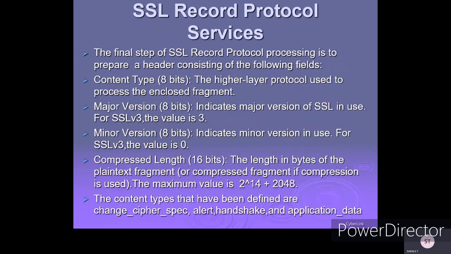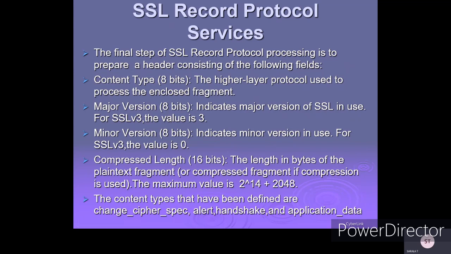In SSL record protocol services, the final step of SSL record protocol processing is to prepare a header consisting of the following fields. You will be having the header with the fields. You will be having the content type of 8 bits, the higher layer protocol used to process the enclosed fragment, that is, whatever fragment we are transmitting, the type of that fragment you have to represent here.